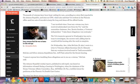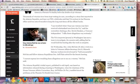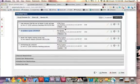You can't really control exactly where embedded items show up, but you can control what order they show up in. And they also have this option: small, medium, large, or jumbo. The only thing to remember is that for non-visual items, like stories and full quotes, it doesn't really matter what you choose. It's going to show up as a small item. But for bigger items, like photo galleries or photos or videos, it will show up at these large and jumbo